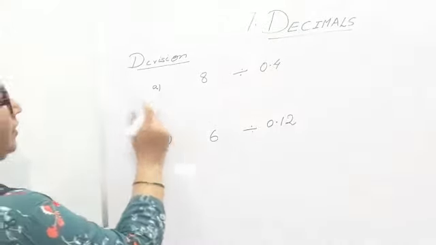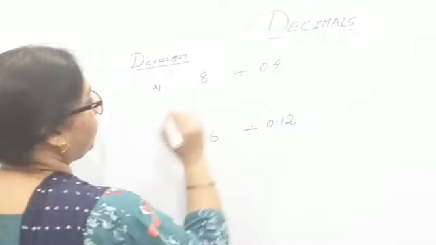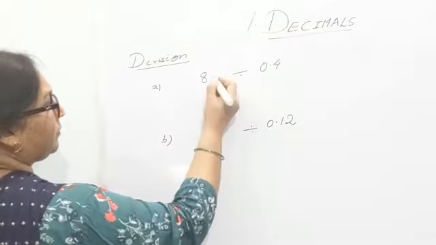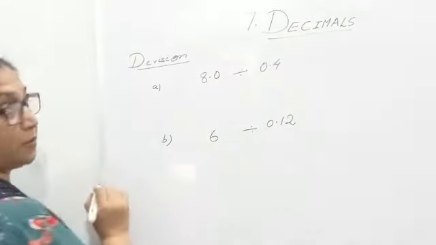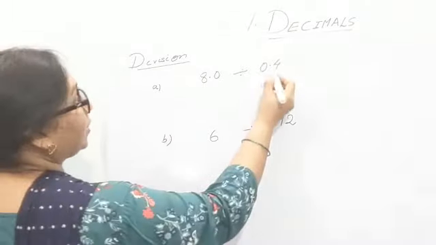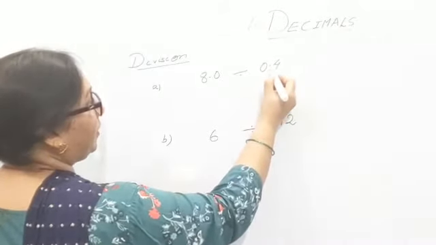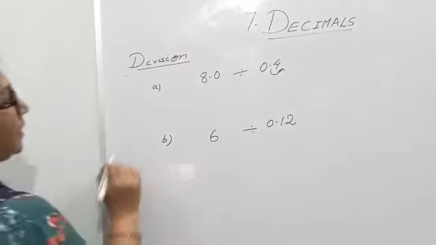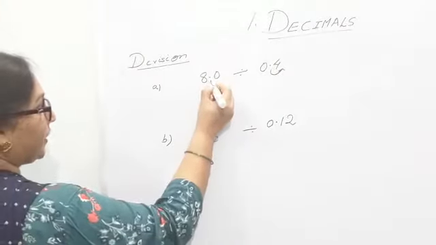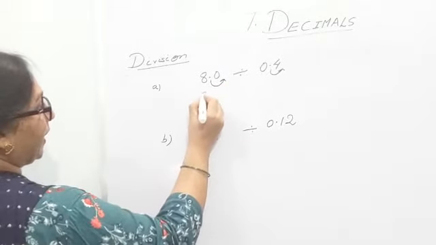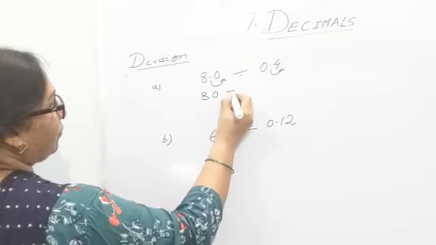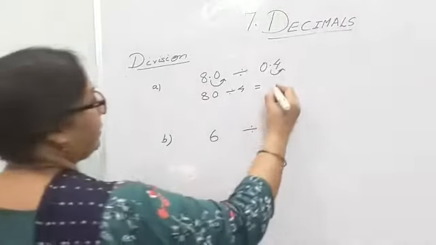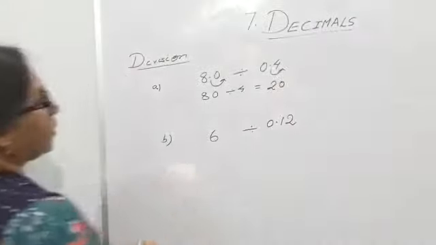To make it more clear, let me explain two more examples, children. Look at the first one. 8 divided by 0.4. First, let me explain with the help of converting them into like decimals. If I put a point and add 0, it will make your work easier. Now you see, because the divisor is a decimal number, we shift the decimal one place to the right. The same number of places you shift in the case of the dividend. So it converts to 80 divided by 4. Hence, 80 divided by 4 means it will go how many times? 20 times. So the quotient is 20.